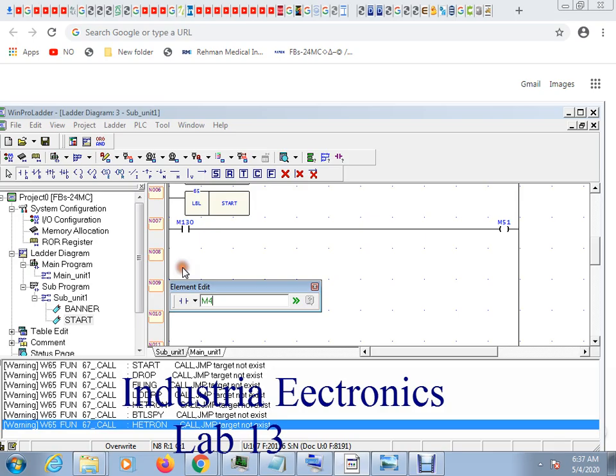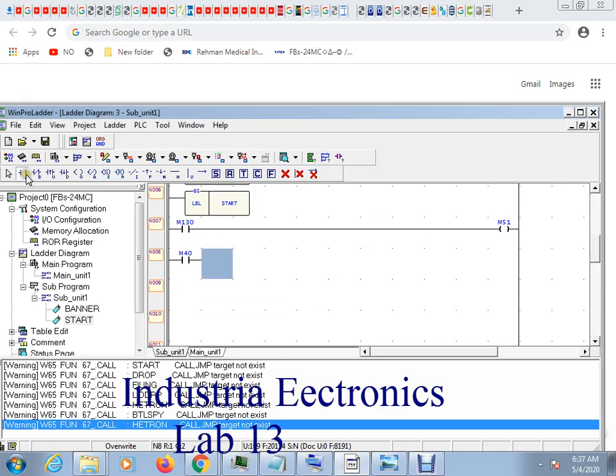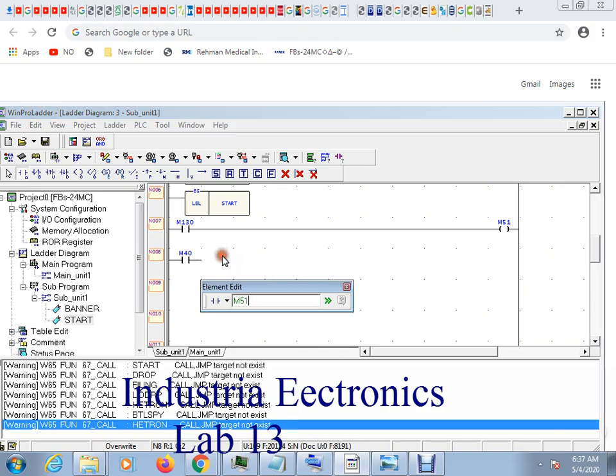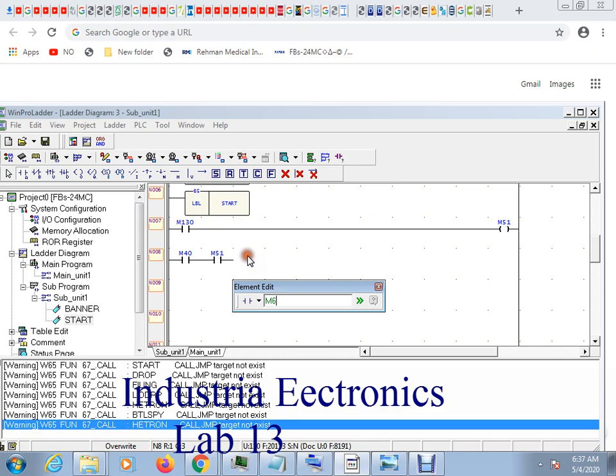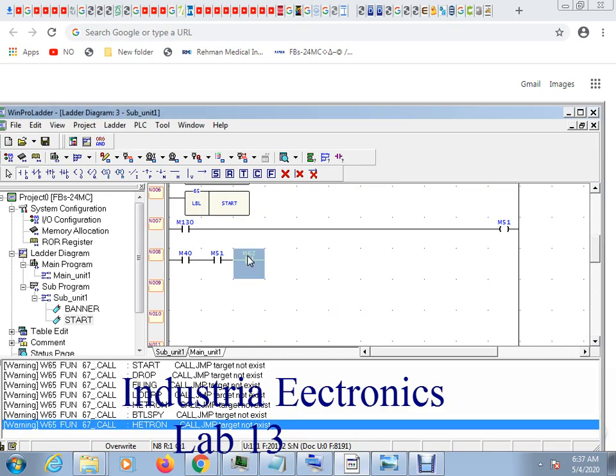This M40 is connected with the M51. M51 is an open contact with the M62, and this is connected with the M6, which is used for the on or off purpose,